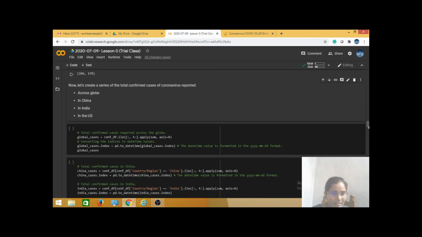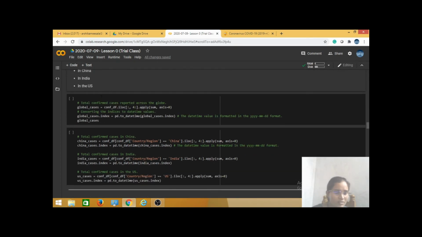The next activity is to create the series of the total confirmed cases of coronavirus reported across the globe, and in China, India, and the US. We will see one by one. Here I give the global cases as a variable, and after that I give the confirmation data frame I created there.